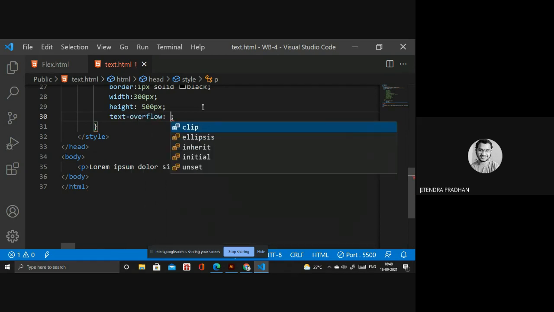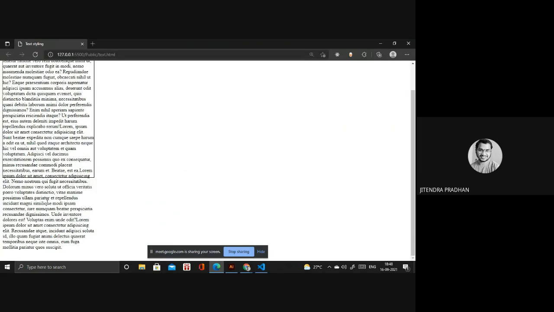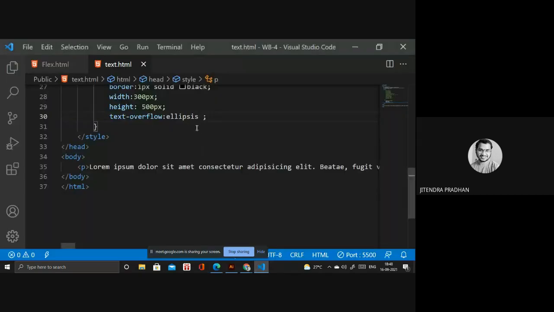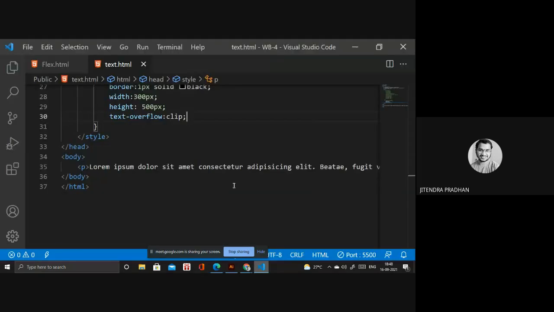So we have clip and we have inherit. Let's see, I'm using clip. Not changing. Wait, I need to give another one. Okay, so I think that property is for overflow.